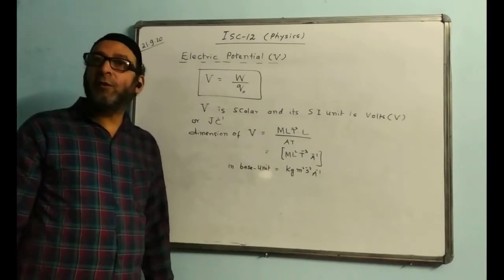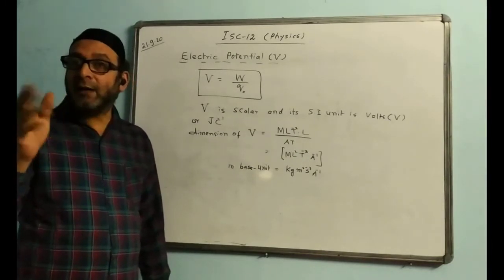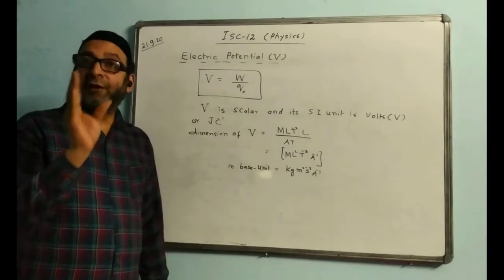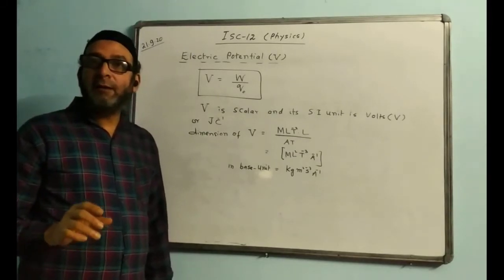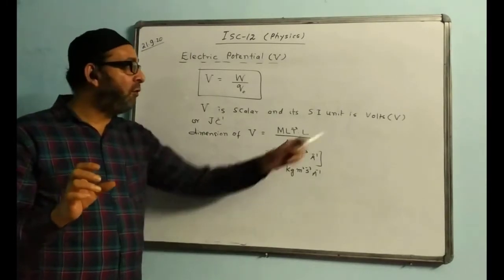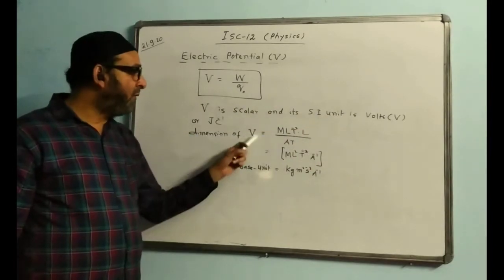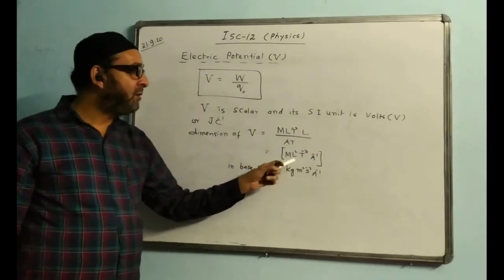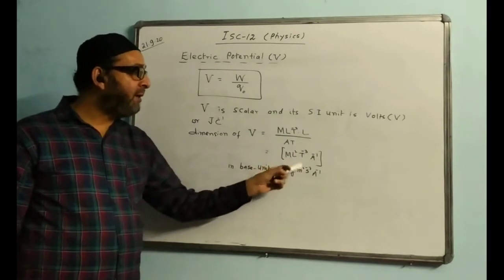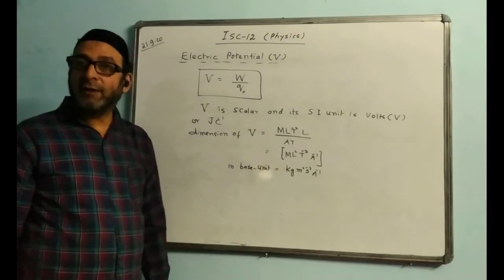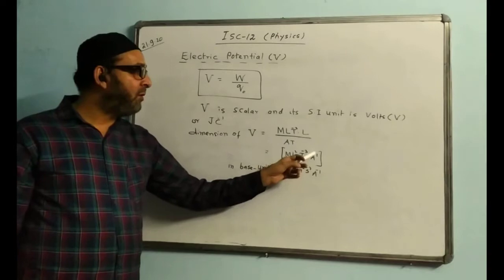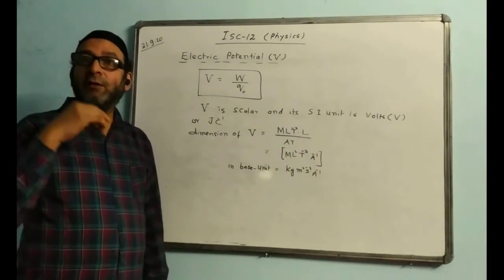You know what is the formula? Ohm's law: V equals IR. So R will be equal to V by I. R will be voltage upon current. The volt value is this, divided by A. If you know this, then you divide by A, you will get the dimension for resistance. A minus 1 now will become A minus 2. That is the dimension of resistance.